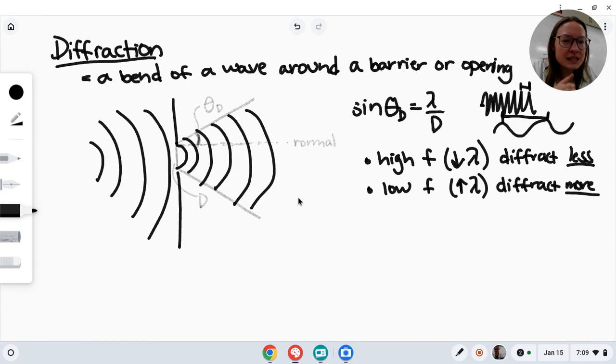Here's the problem. If you're listening to music, you want to hear your high frequencies everywhere in the room, and you also want to hear your low frequencies everywhere in the room. You don't want certain patches where you can hear the low frequencies really well but can't hear the high frequencies. You also don't want patches where the high frequencies are really loud, but only right in this patch, like they're not going anywhere else. That's not the situation you want.